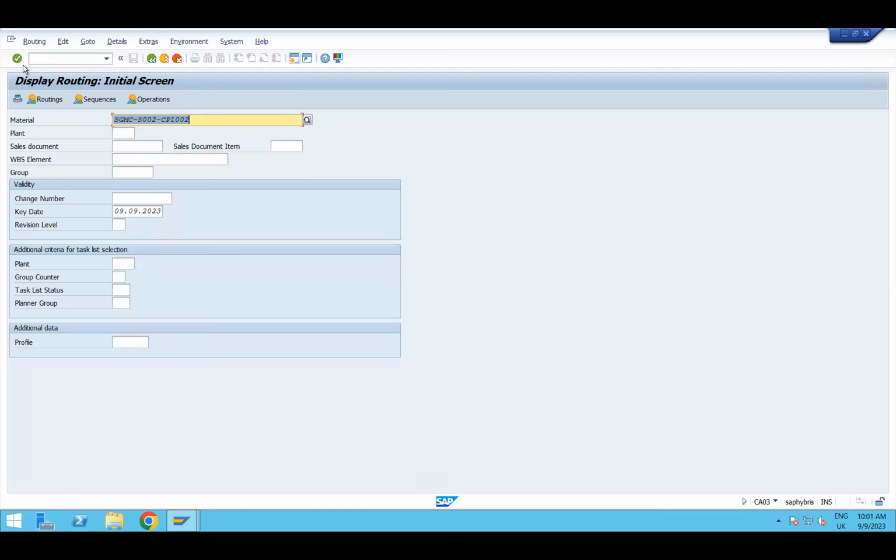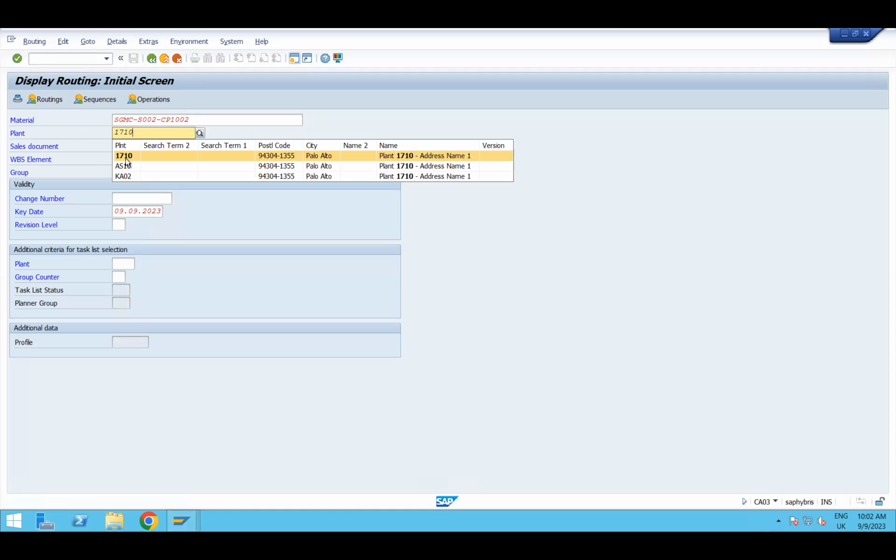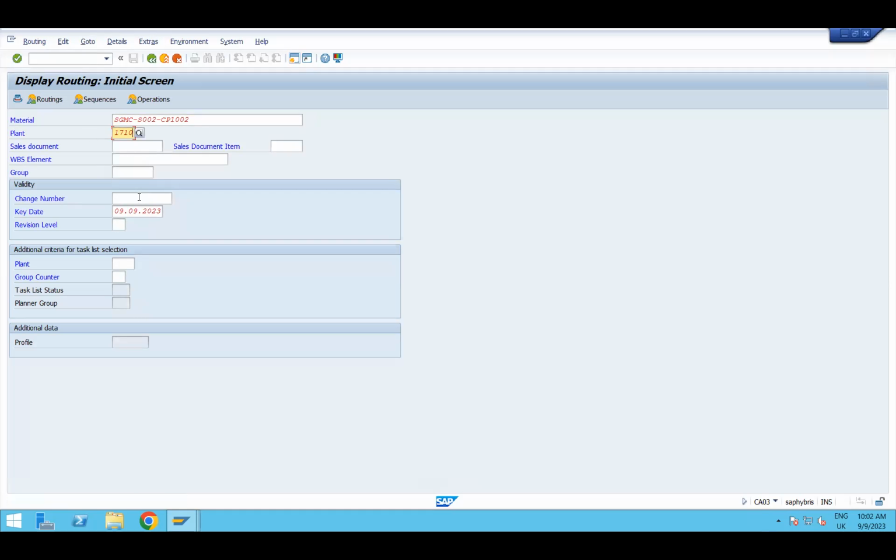Have to copy and paste. I already copied. There was one enter plant. What they are routing, you have to look for which material.